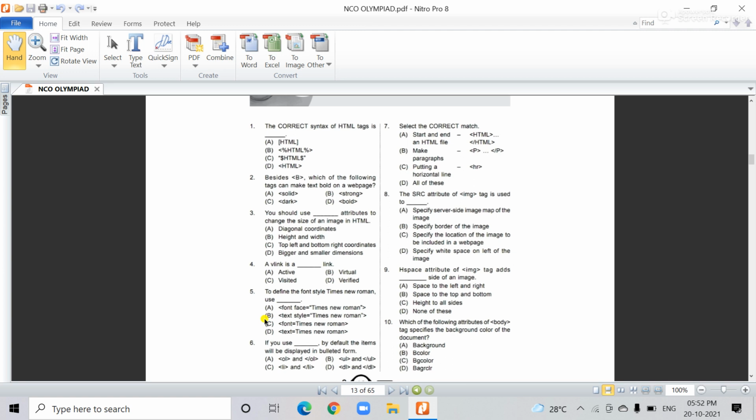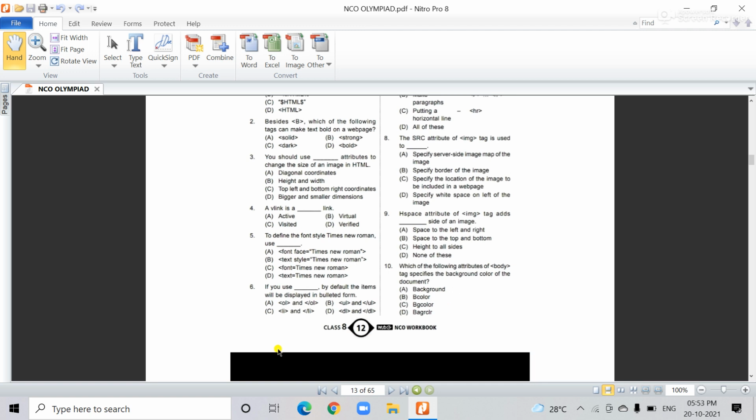Then you click bold, italic, underline, or page color, text color, or font style, font size, whatever as per your requirement. But in the case of HTML, suppose you want to change your font style, suppose Times New Roman. So you see here the options are there. First one, the font face. Now the text, suppose Arial or any other text you use, then within the code you use the text style, font, then the text. Here are four options. The correct answer is number one, font face. Okay, font face is used to change the font style.